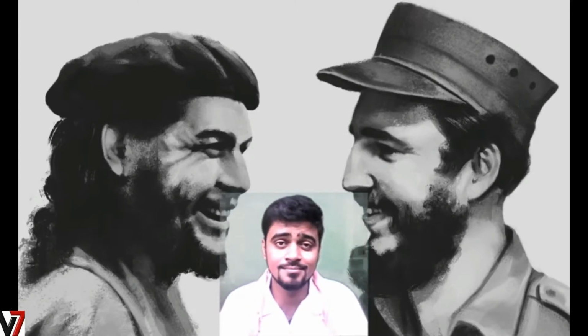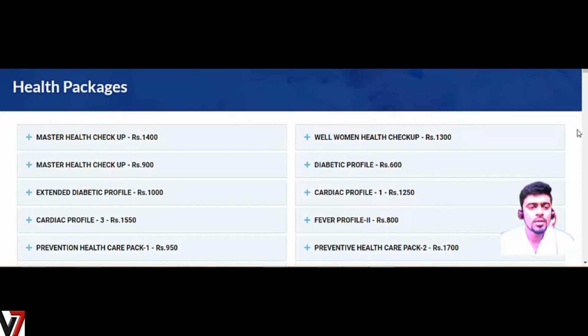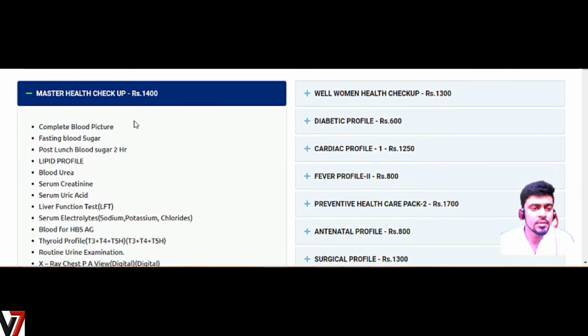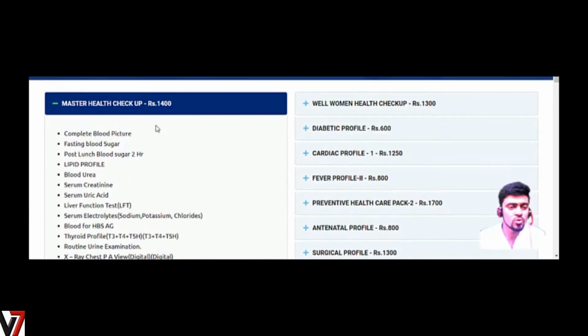So here we go. Here I have opened a website of a diagnostic center where they are providing some health packages with some pricing. We'll be opening the blood tests they are providing. Here master health checkup is written, so we are clicking, and here it is written complete blood picture, in short CBP. This complete blood picture blood test will give you the entire result regarding how your blood is,